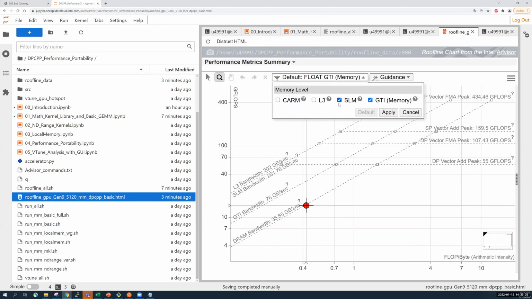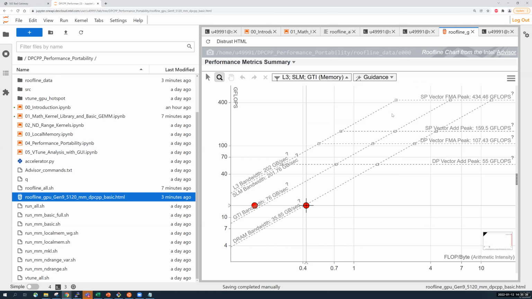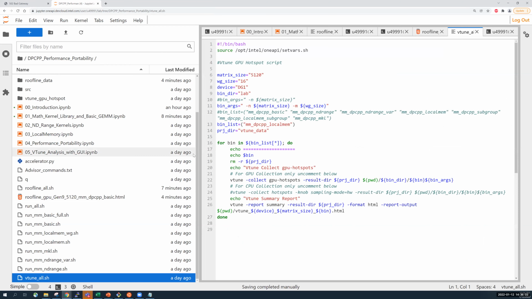And in this case, we are not really using SLM, right? So you won't be seeing the actual SLM here, but then we can compare it with different matrix sizes as well as different algorithm implementations, and then you can actually see how well your code is performing based on these roofline analyses. There's also a script for VTune here, and again we can do a quick VTune analysis for